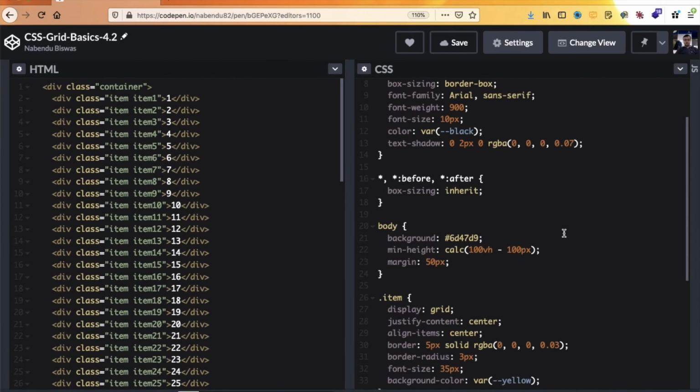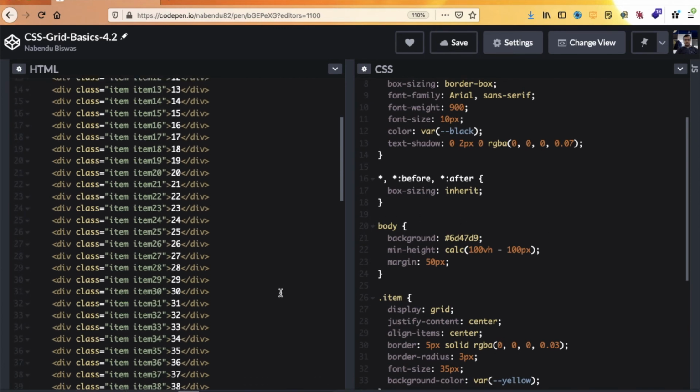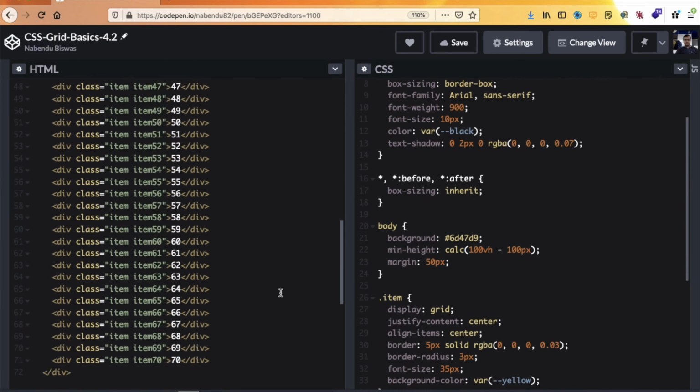The next thing which we are going to see in grid is we will attempt to do the legendary masonry layout. As many of you who are old might know, masonry layout is very difficult to attain with the old CSS float or anything. So we can do it easily with CSS grid. Masonry layout means, you will soon see what it is if you don't know. So for this we are going to use this Codepen. Here we have a lot of items, actually 70 items, and after that